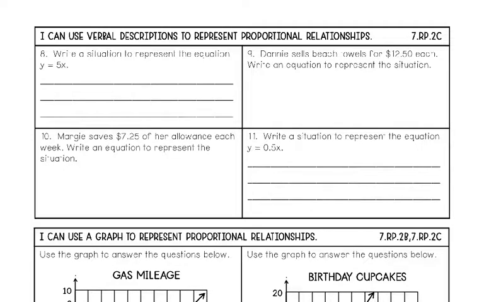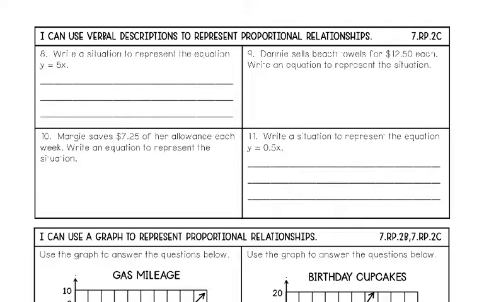All right, so let's pick back up with question 8. It says, I can use a verbal description to represent proportional relationships. These are the real world examples. So question 8 says, write a situation to represent the equation y equals 5x. If you check this on the study guide, it'll say answers may vary. That's because anybody could put something different for this one. As long as you have a rate of 5, if you have something that's changing per every 5, you would